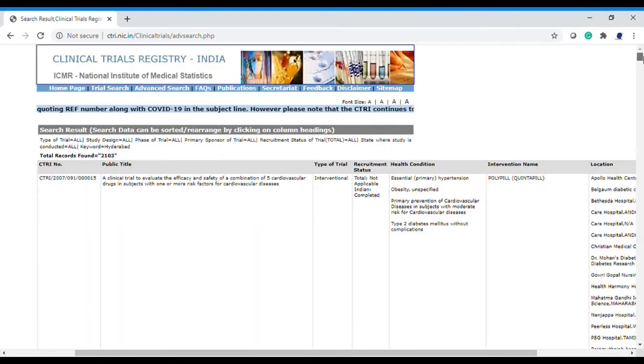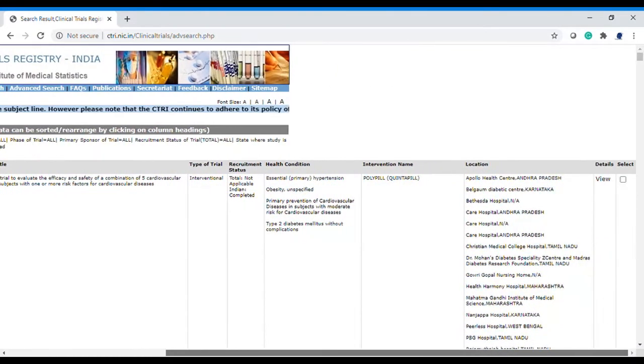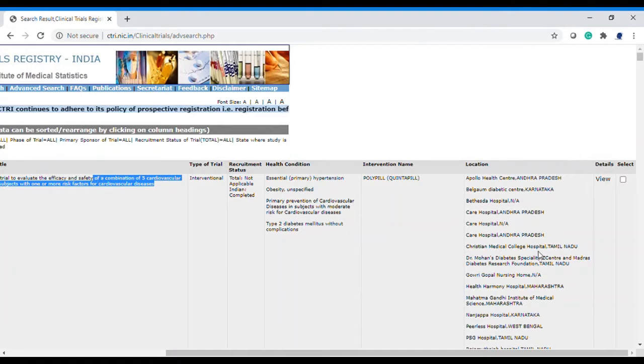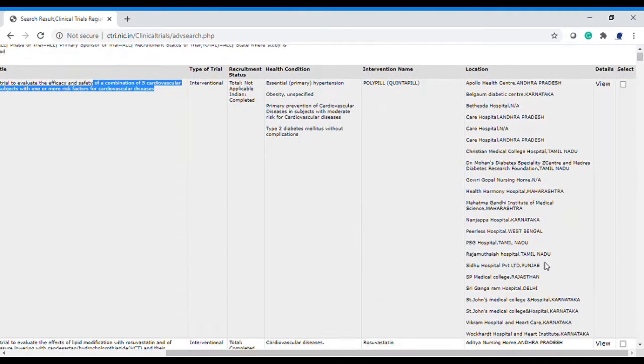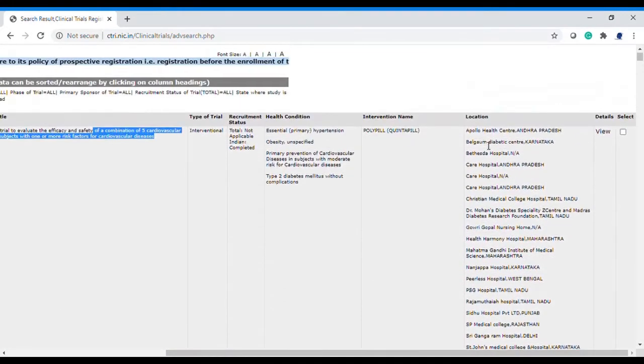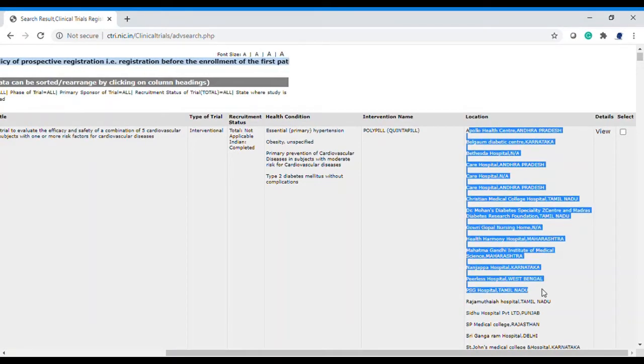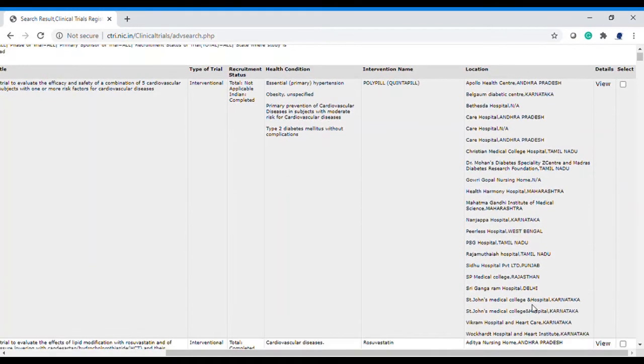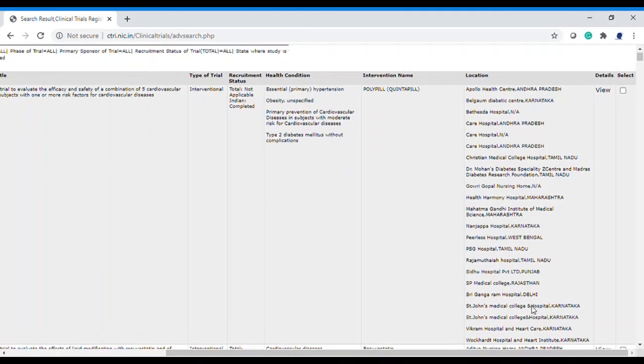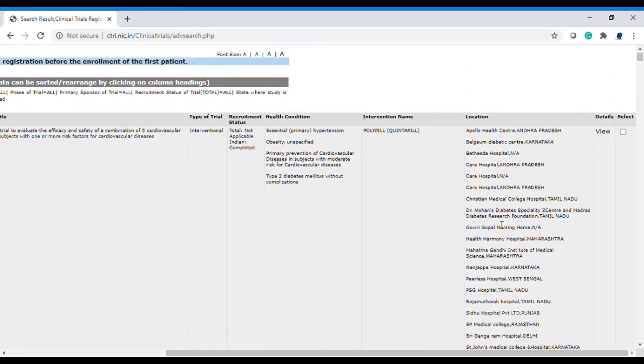Now this will not be limited to Hyderabad, because it may happen that a particular trial was conducted at different locations across India. So here is the list of the different hospitals where the trial was conducted, and Hyderabad might be mentioned somewhere in this trial list.